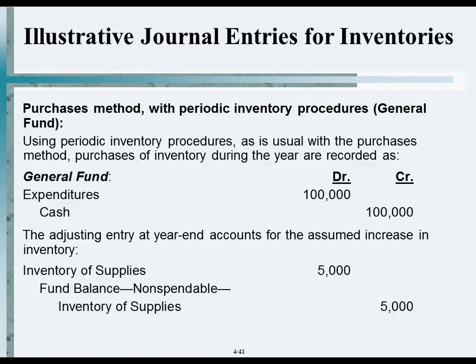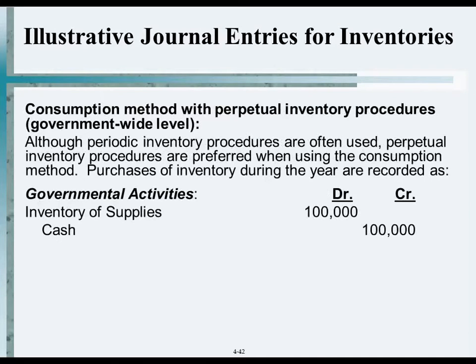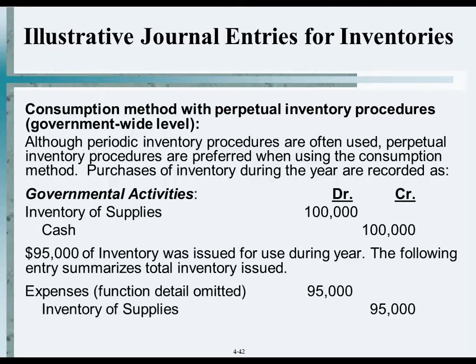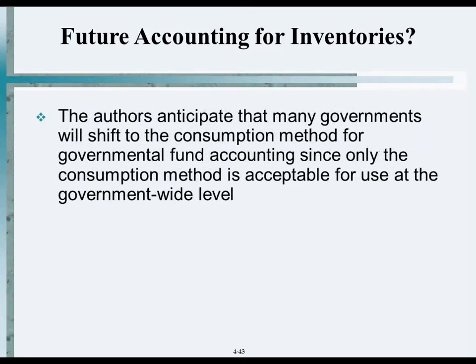But this is the other method that is used. But again, as I said, it's not a big area in governments. And this is the consumption method that you're used to, okay, where we're setting up an asset account and then doing this. Okay, and the author anticipates that many governments will shift to the consumption method. I'm not sure, but